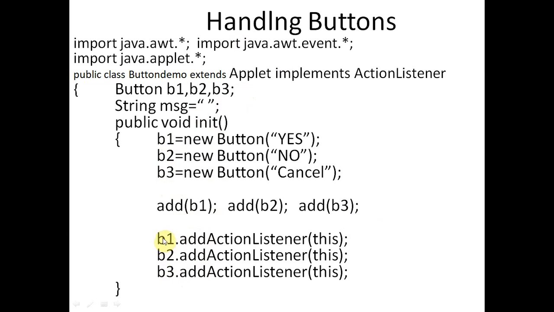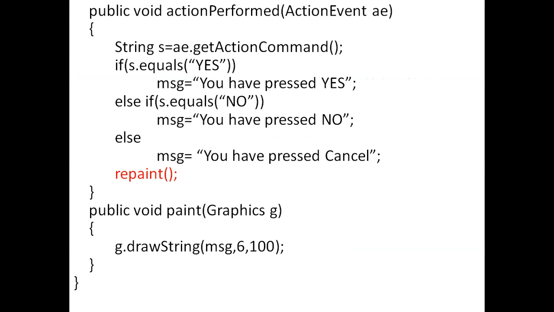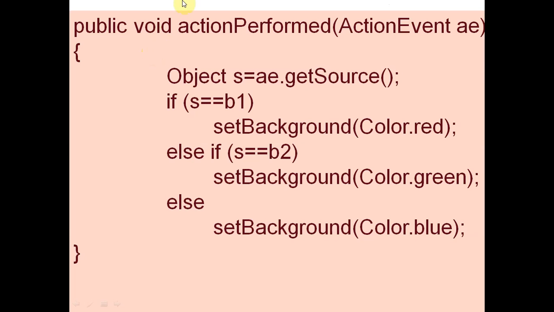And these 3 lines are very important. These 3 buttons should be registered with the action listener. We have to run the function v1 dot addActionListener, we have to execute the addActionListener function, and this is the argument of the action listener. Then we must notice that we have to mention this actionPerformed function, otherwise the event handling will not happen, and its argument is ActionEvent. And here we will write either String s equals a dot get action command, or otherwise Object s equals a dot get source. So we can write both.